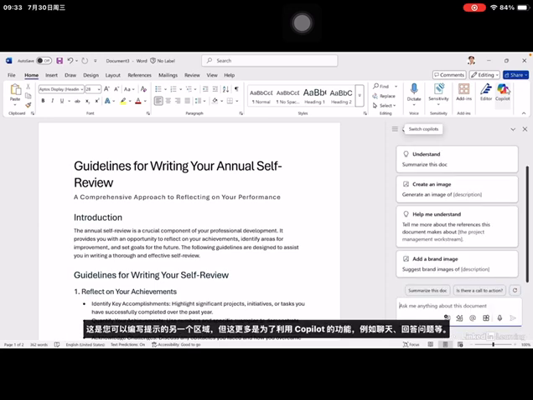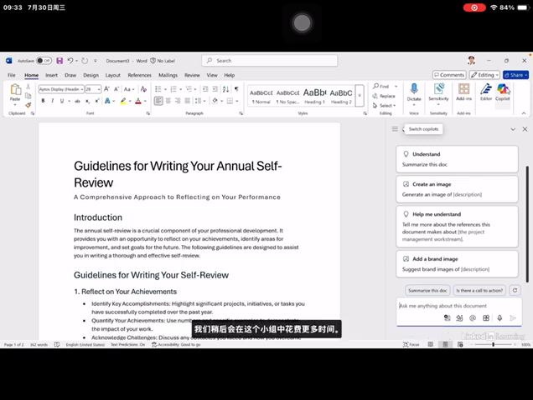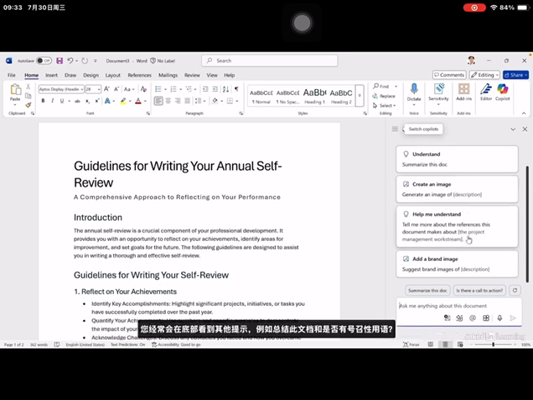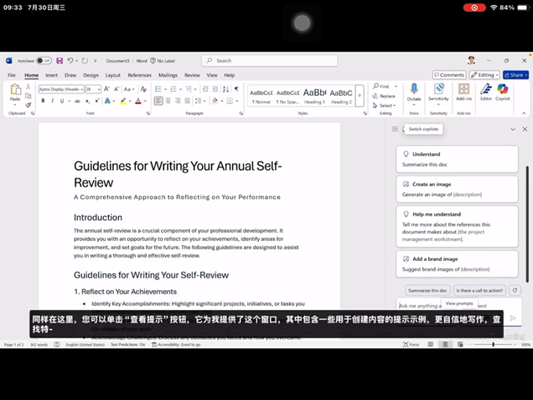This is another area where you can write your prompts, but this is more for taking advantage of Copilot's abilities like chatting, answering questions, and so on. We'll be spending more time in this panel later. But you can see here that we have some prompt starters like summarize this doc, create an image, tell me more about the references this document makes, and so on. And you'll often see additional prompts down here at the bottom like summarize this doc and is there a call to action. Also down here you can click the View Prompts button,